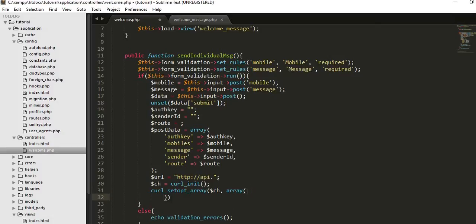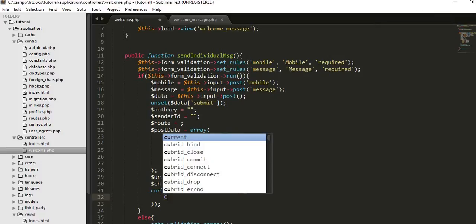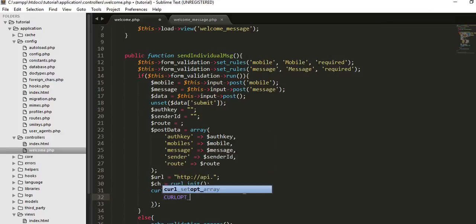And inside this array you need to make a CURLOPT underscore